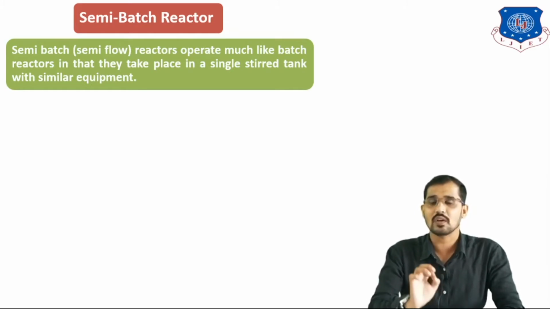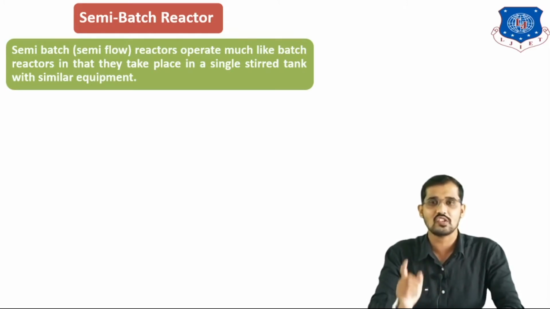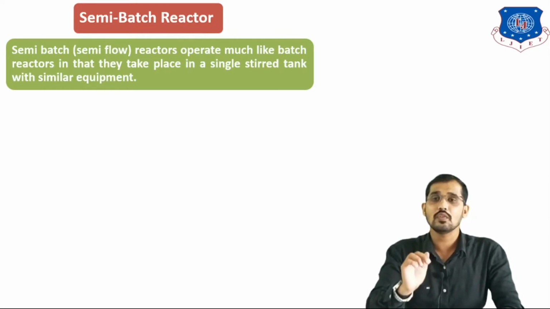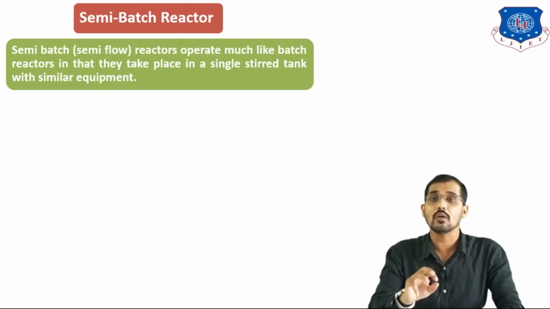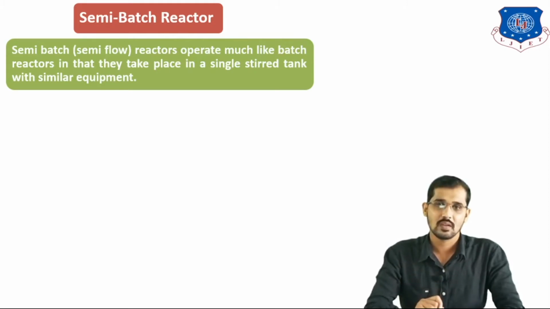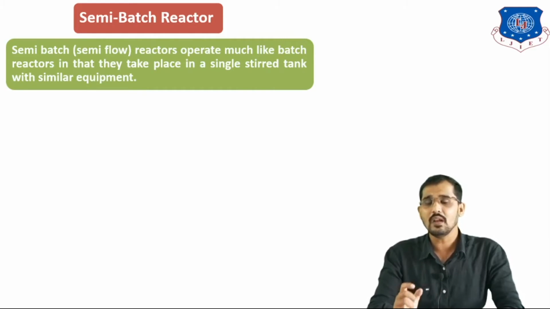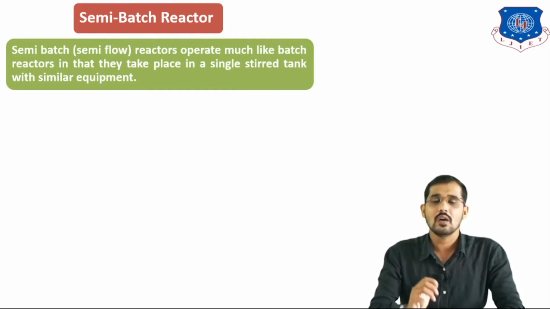This means the construction of the semi-batch reactor is the same as the batch reactor, where we have one vessel with two inlets through which we provide reactants to the reactor. But one of the reactants is continuously fed to the reactor, and one of the reactants is already completely filled in the reactor. After that, there is also a baffle to increase the rate of mass transfer, or I can say to increase the turbulence in the system.